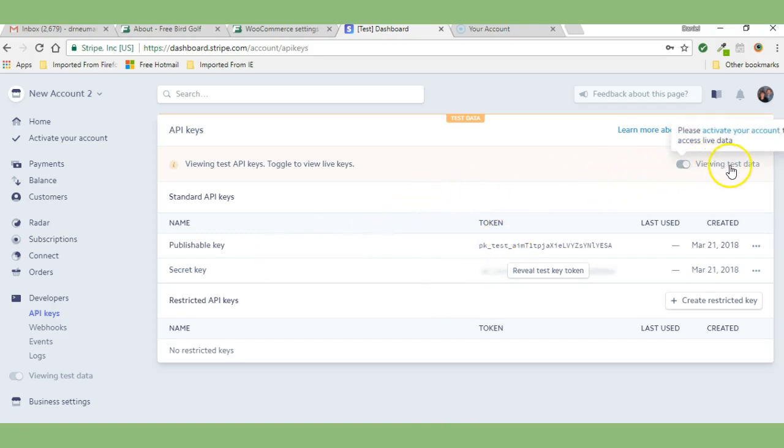You're going to want to go up here where it says viewing test data. You're going to click on this. You're going to switch this button here, which is not going to let me do because this account has not been activated, but you're going to click on that. This key here, this will switch to live instead of test. That will say live. You're going to copy the test publishable key or the live publishable key here,